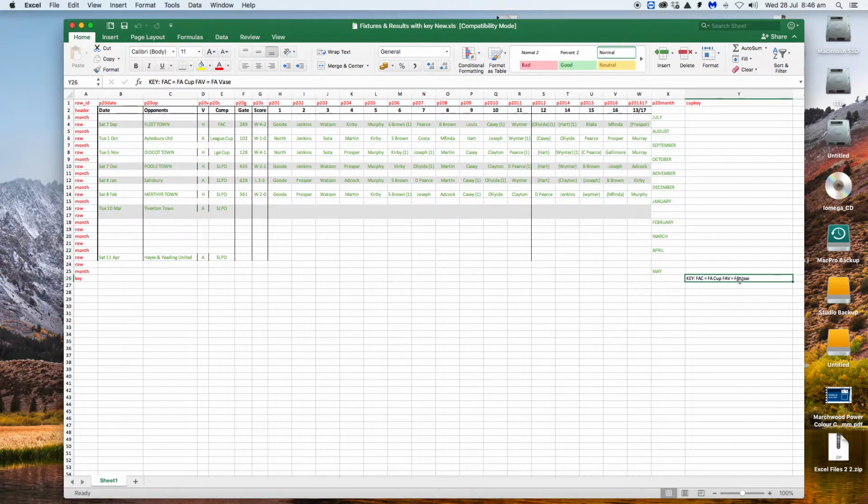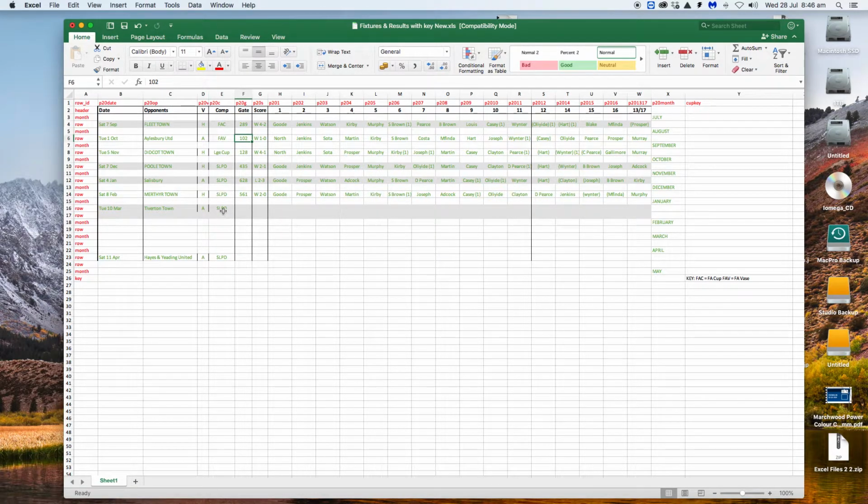So if, for the sake of argument, this fixture is the FA Cup, there you go, we've put FAC in there. If this fixture is the FA Vase, if we put FAV in there,